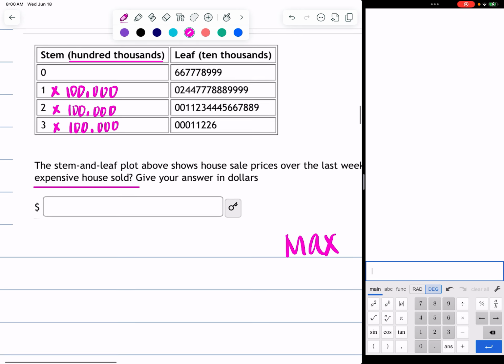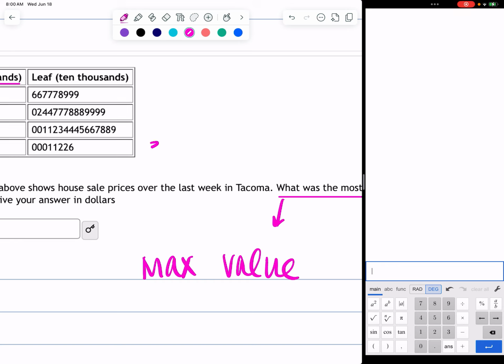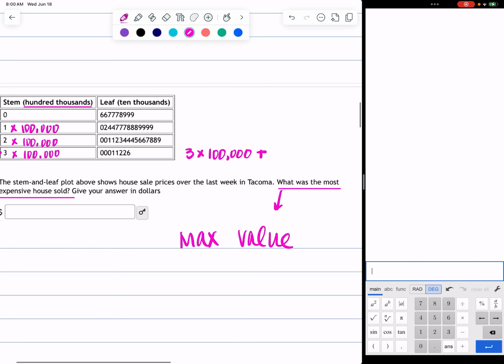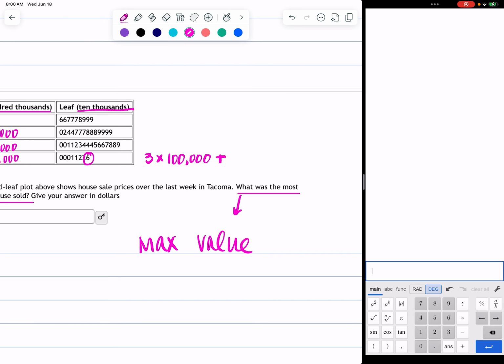Well, the maximum is going to occur at my largest stem. My largest stem is 3. So I'm going to have 3 times 100,000. My largest leaf is what I want to get the largest number total. And my stem and leaf plot tells me that my leaves are in 10,000s. So I'll have 6